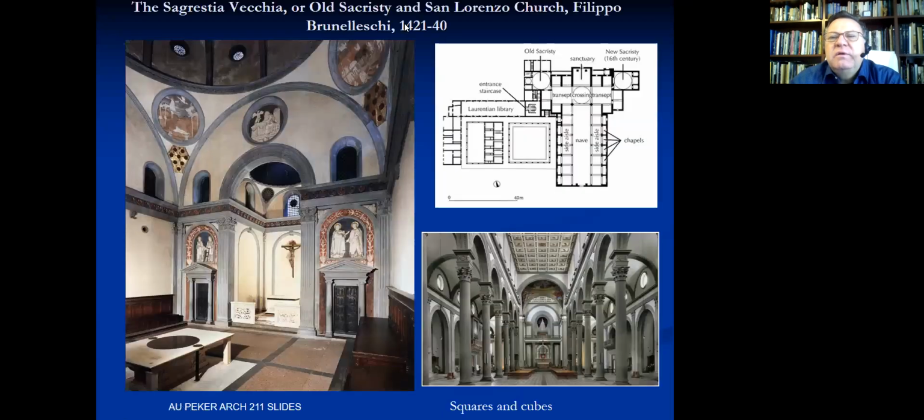Here we have, let me eliminate this floating meeting controls. Here we have the Sagrestia Vecchia, Old Sacristy, and San Lorenzo Church by, again, the same architect, Filippo Brunelleschi, where he introduced his design criteria. For example, in the Sagrestia Vecchia, Old Sacristy, here we have it, a central circle of the dome and the square walls altogether create a perfect centralized